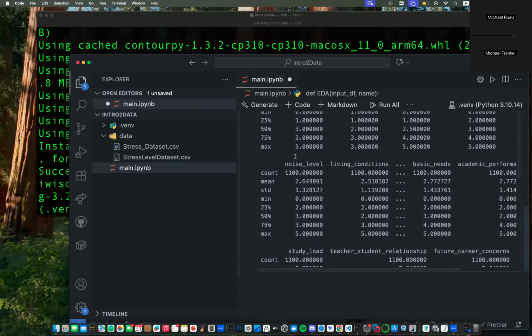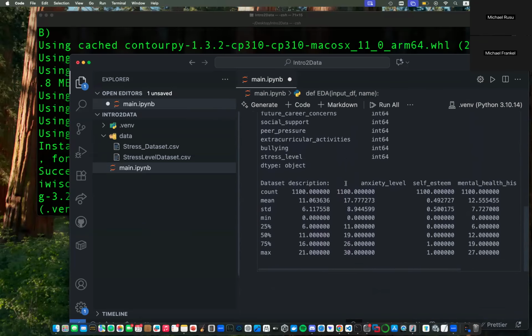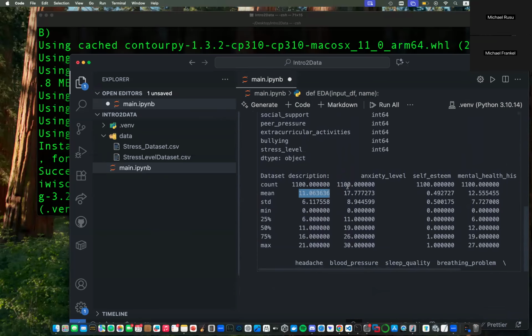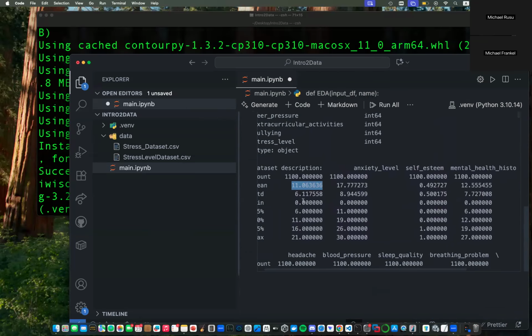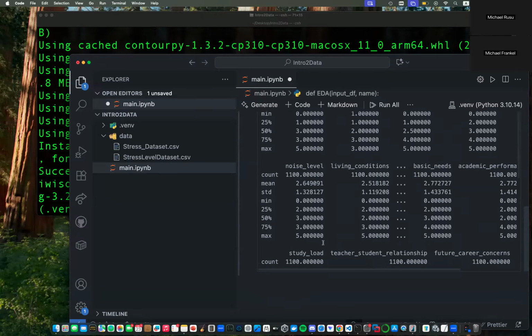It'll show you the mean, standard deviation of every single variable in the column. For example, we have the mean of anxiety level, the standard deviation, the minimum, the max, and every single type of condition.